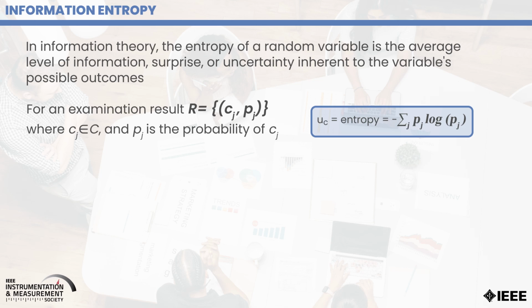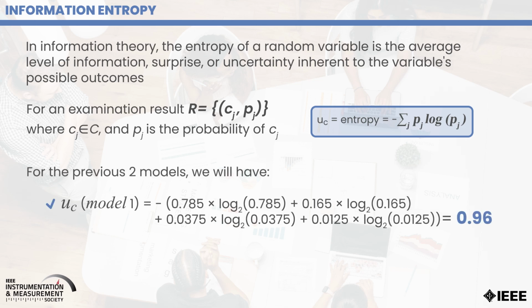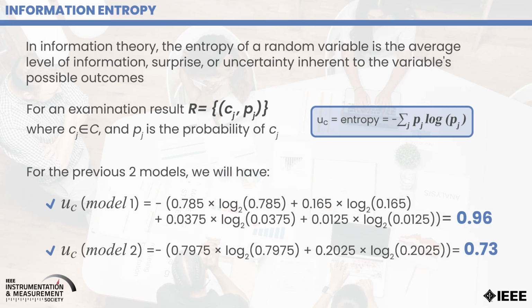So for the previous two models, the uncertainty of model 1, if we do the calculation, it becomes 0.96, and for model 2, it becomes 0.73. Model 1 is highly uncertain because it has not eliminated any of the classes, and model 2 is less uncertain because it has eliminated 2 of the classes. So that's information entropy. Now, in an actual application, the designer has to come up with what is the threshold that says uncertainty is high or low. So that's application specific. These numbers by themselves don't mean anything, but they can be compared to each other, and also for a specific application, we can determine what is the threshold where uncertainty is high for that application.